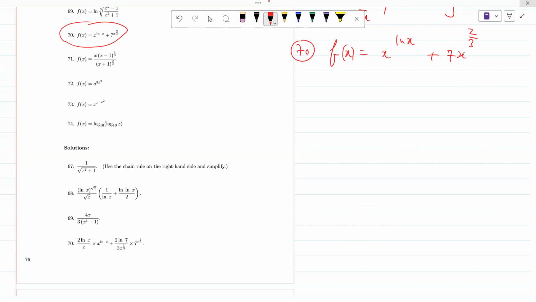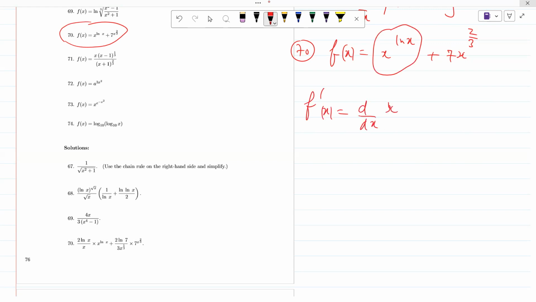Okay, we want to find the derivative of this one. To find it, there are a couple of things you need to consider. The trickiest part is how to find the derivative of this part here, so you'll have to use substitution. You need to realize that f prime of x will be the same as d/dx